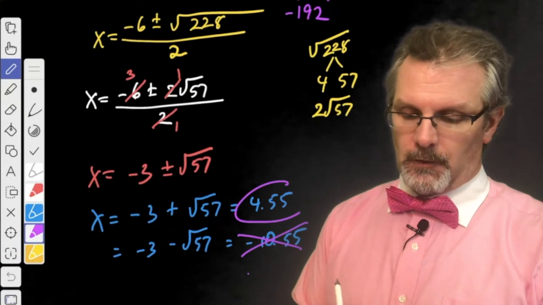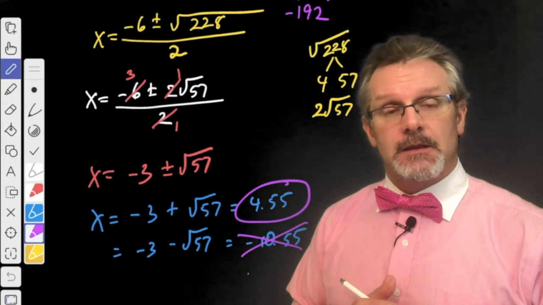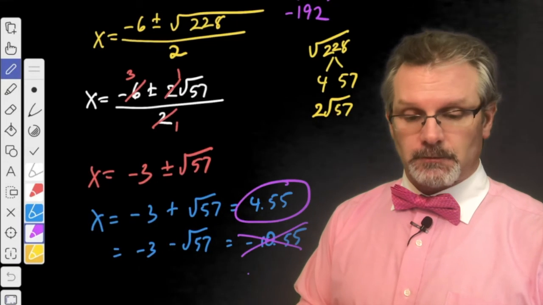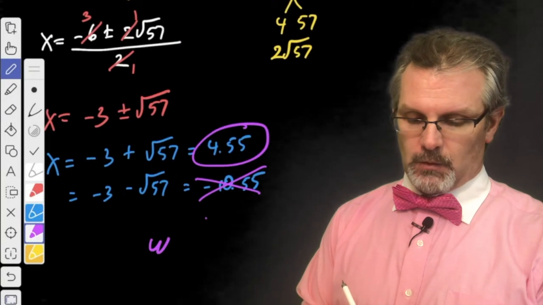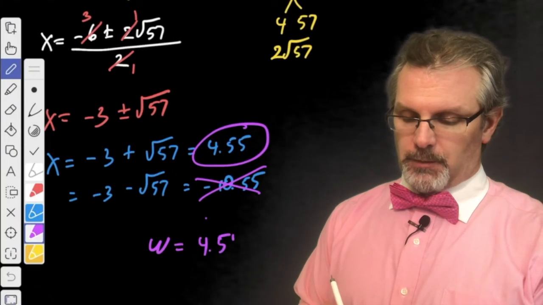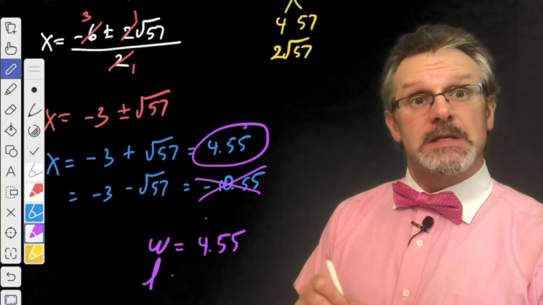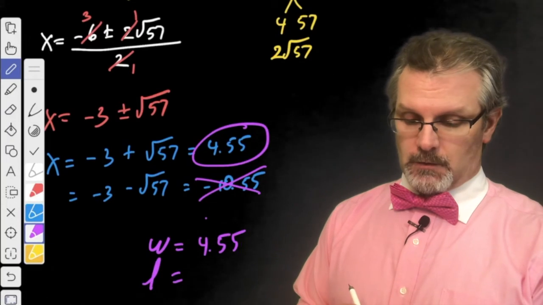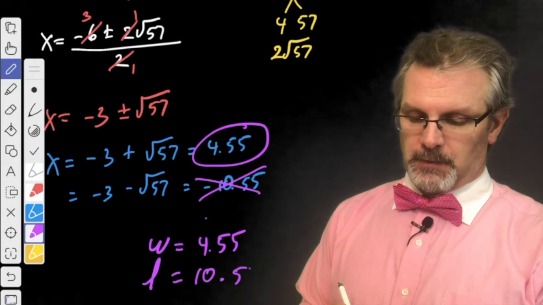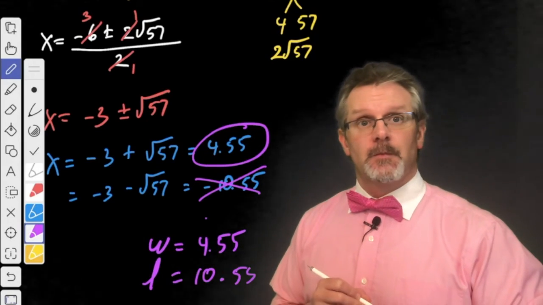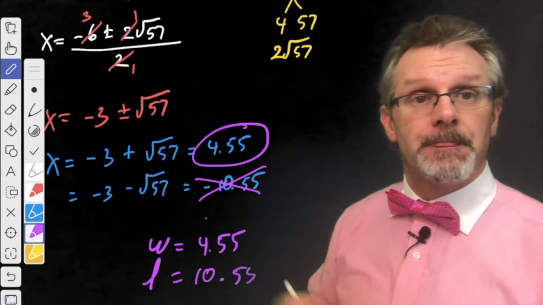So our side length on this one is going to be 4.55. So width equals 4.55, and the length was supposed to be 6 inches longer, so 10.55. All right, so that's going to be our first